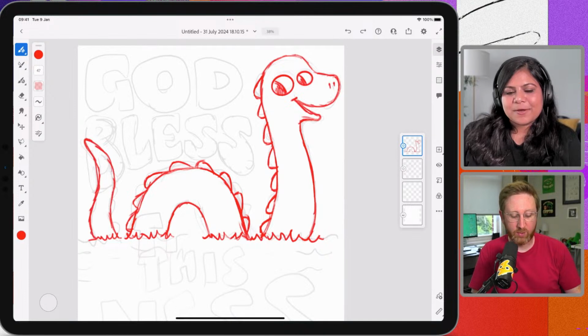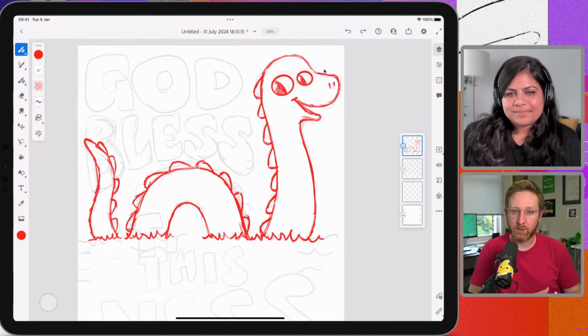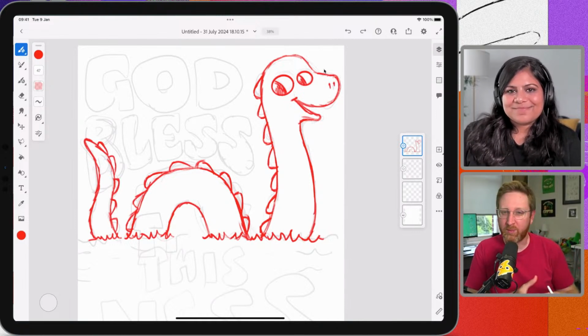But because of the kind of dimensions we're working at here and because of the quality of a lot of the brushes here in Fresco, by the time you've finished the design and finalized it, there's not going to be that big of a difference. Especially if you're designing quite simple designs like we are here. We're not using too many colors. We're not using loads of crazy halftones and stuff like that. It doesn't really matter that much.